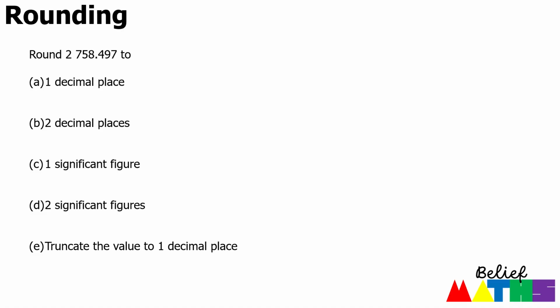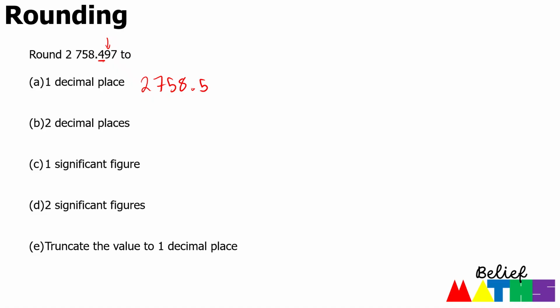Now you will notice that some topics will overlap between my paper 1 video and my paper 2 video, but that's because there will be crossover in topics, and rounding is one of those that's really important that we just make sure we have fresh in our mind so that we can make sure that we get this mark at the end of a question. So again, rounding to one decimal place, we look at the first number after the decimal point, which is a 4. That 9 means we're going to round up, so we get